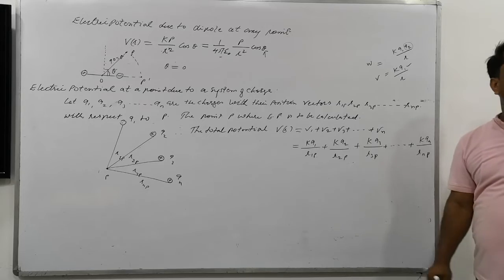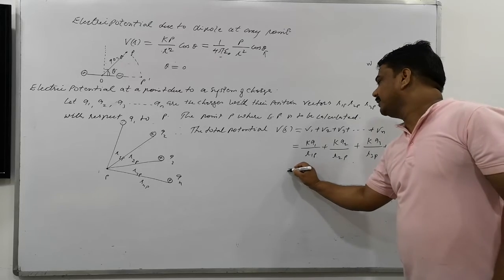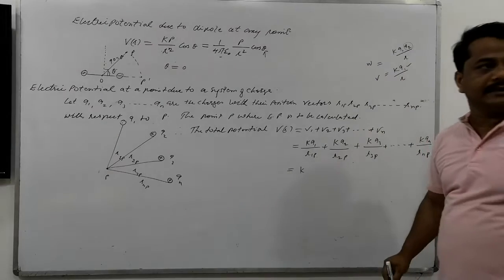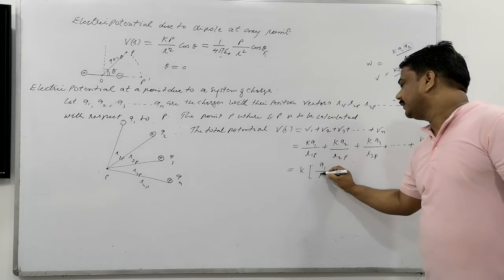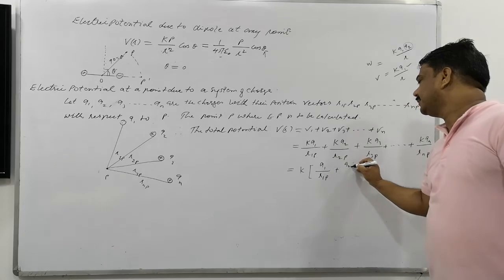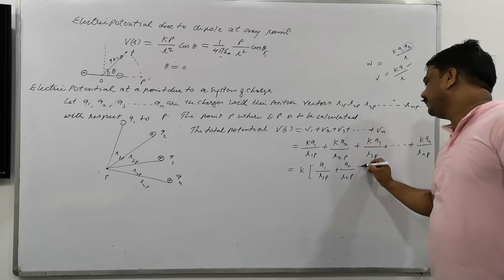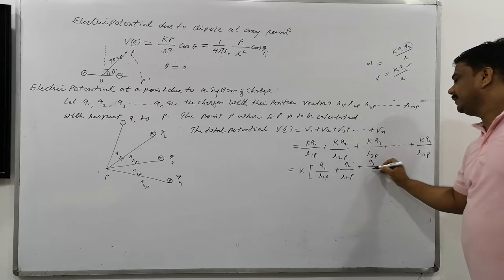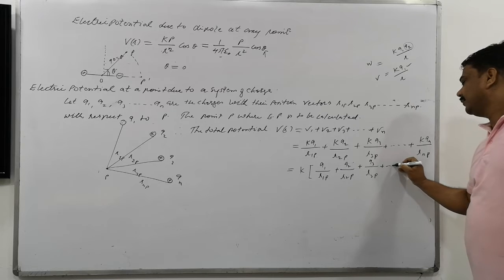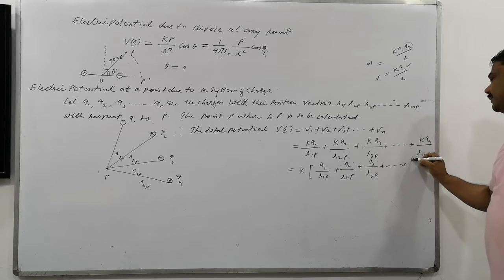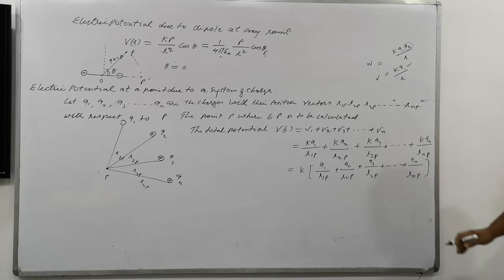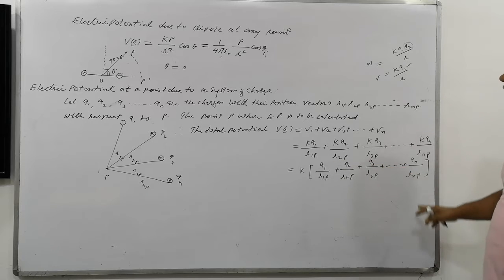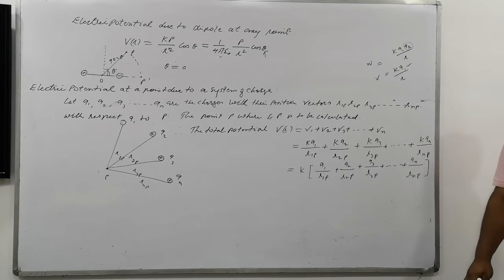So these are all the potentials. What is common in them? K is common, as this is the electrostatic constant, and here will be Q1 by r1P plus Q2 by r2P plus further Q3 by r3P and so on, furthermore Qn divided by rnP. Right now further this expression cannot be solved here. Clear? So Q1, Q2, Q3, up to Qn, there the charges are 1, 2, 3, 4, 5.